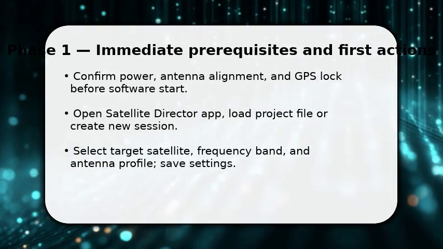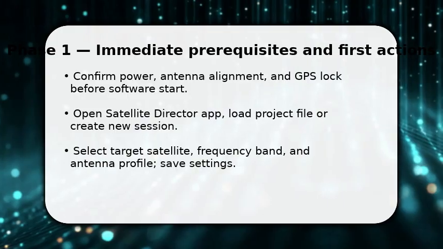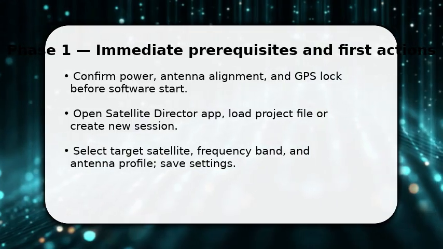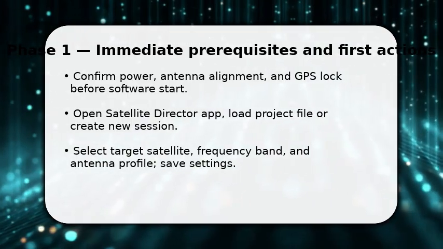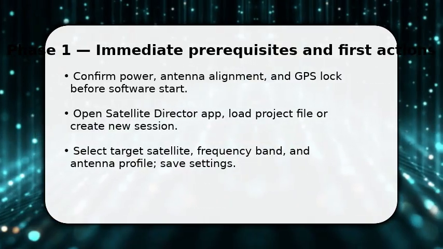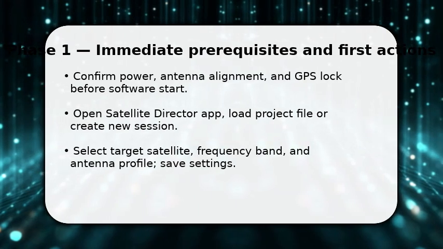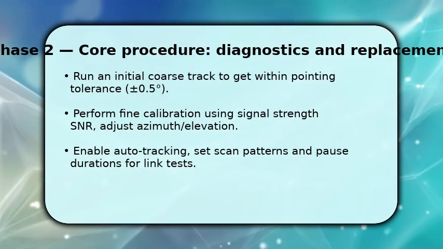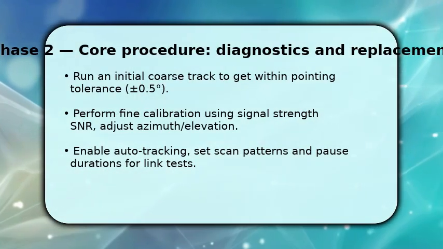Next, select the specific satellite, frequency band, and antenna profile. These choices determine pointing algorithms and tracking precision. Make sure to save the profile, otherwise changes may be lost. This first step reduces guesswork, and once the session is active, start a coarse track to bring the antenna within